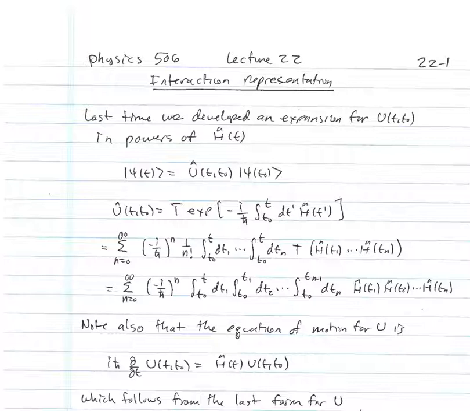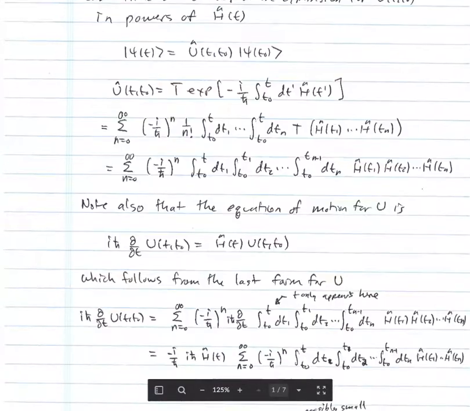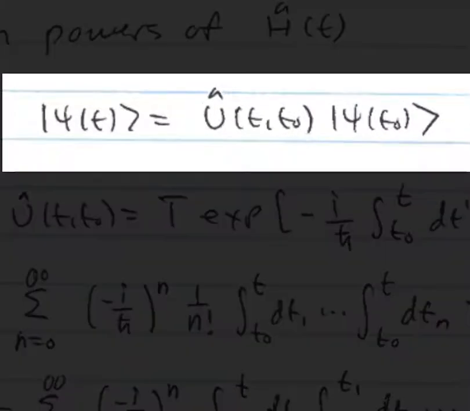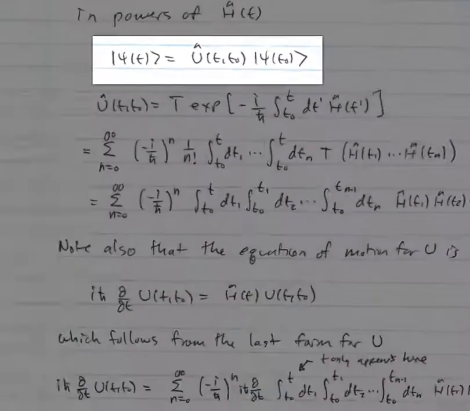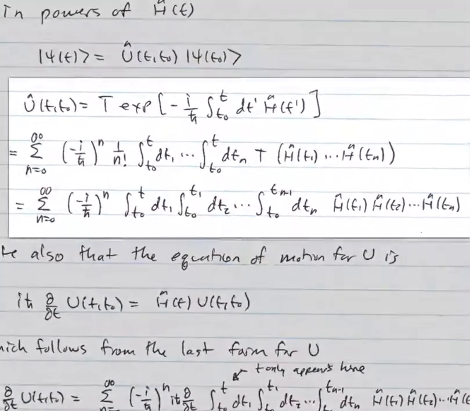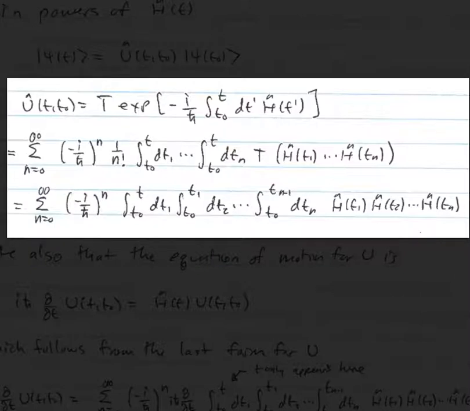So let's review exactly what we had done last time. Last time we showed that the time evolution operator U(t, t0) took the wave function from time t0 and evolved it to time t. We got an explicit expression for this time evolution operator. We expressed it as a time-ordered exponential, with a T symbol in front to indicate the time ordering, and then an exponential of minus i over h bar, integral from t0 to t, dt prime,